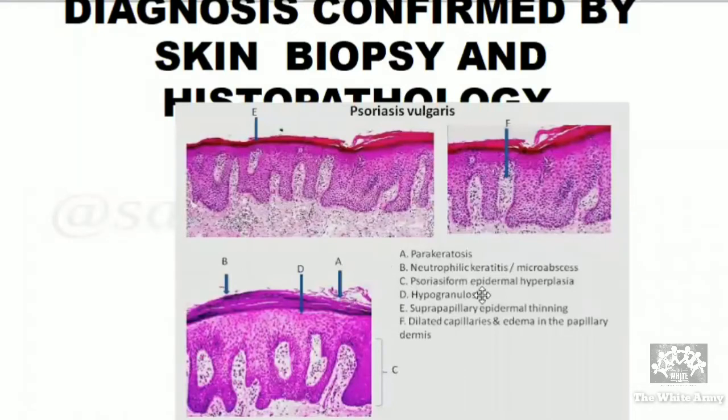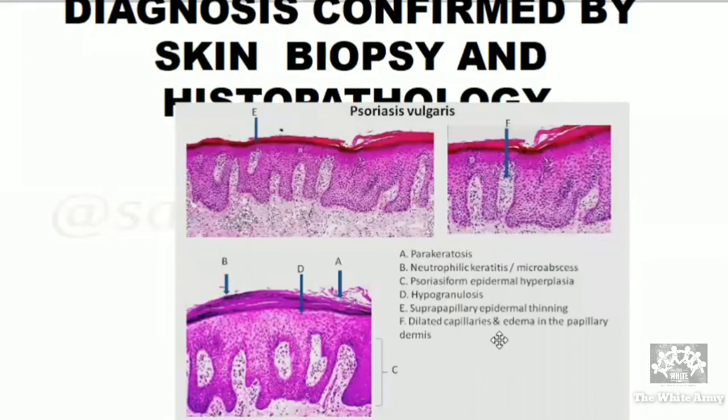psoriasis. Also, there is epidermal hyperplasia, okay, increased thickness of the epidermis. Hypogranulosis, nothing but the granular layer is lost, because the granular layer progresses from the spinous layer, and the normal differentiation is not happening here. Okay, so there is hypogranulosis. Suprapapillary epidermal thinning. So these are the dermal papillae, and just above the papillae, the epidermis is very thin. Okay, that is called suprapapillary epidermal thinning.